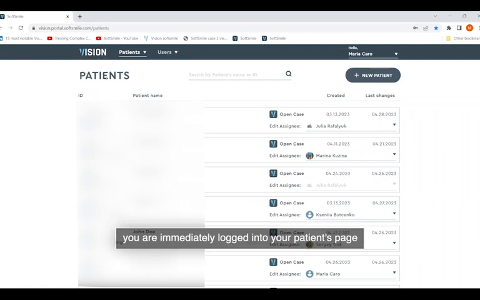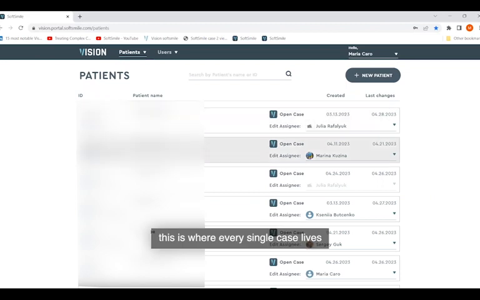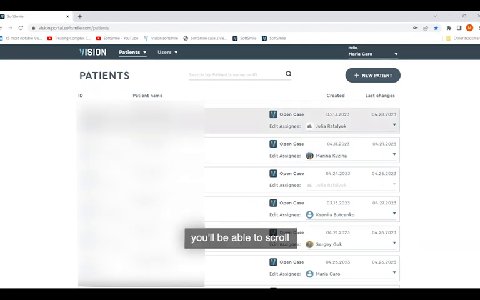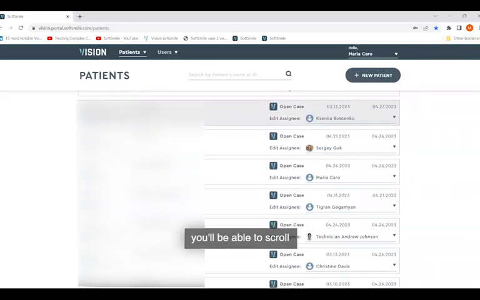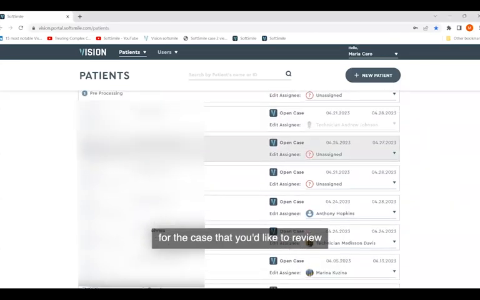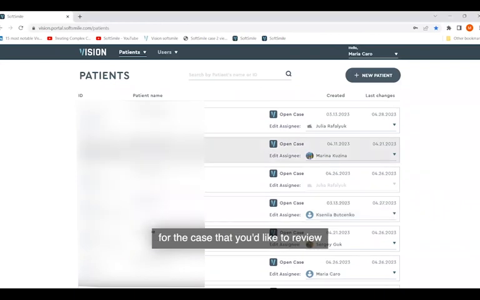You are immediately logged into your patient's page. This is where every single case lives. You will be able to scroll for the case that you would like to review. You'll be able to see the case